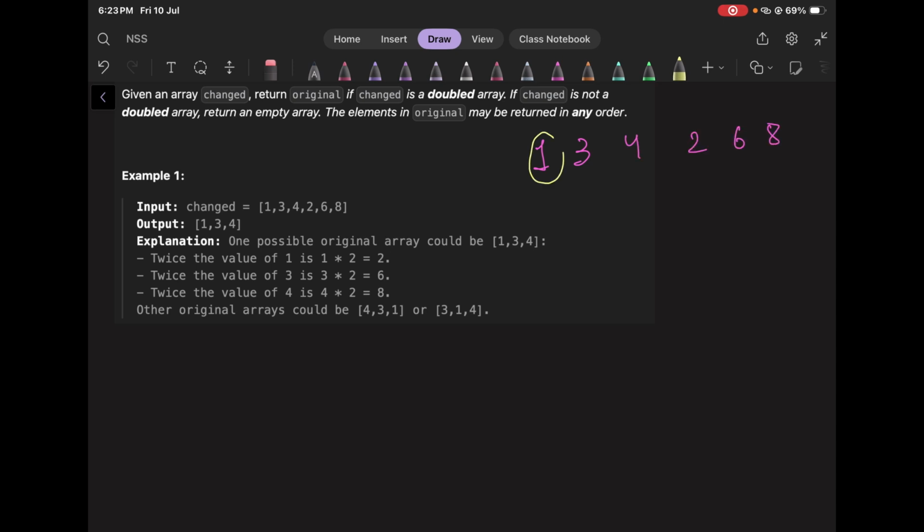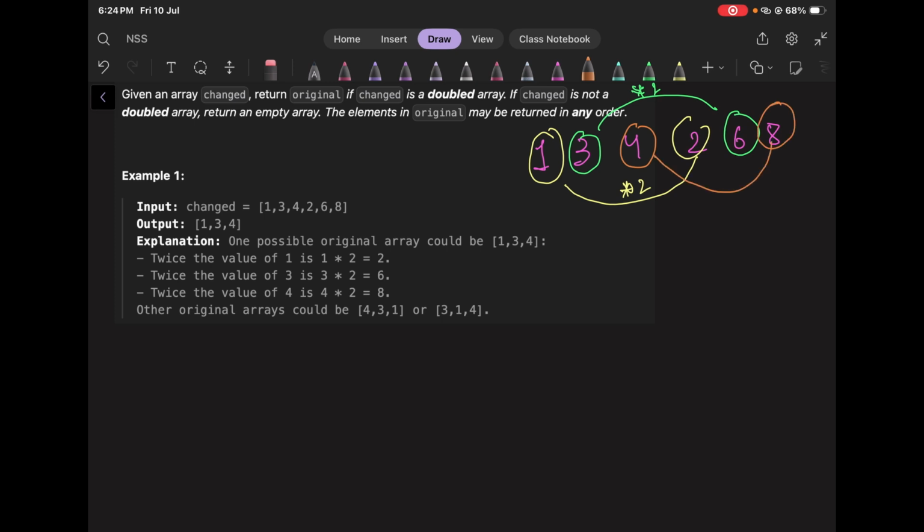So what I can see, 2 is a double of 1. Similarly, 6 is a double of 3. And another thing to notice is 8 is the double of 4. So I need to return the original array. My step 1 would be to sort the given vector or